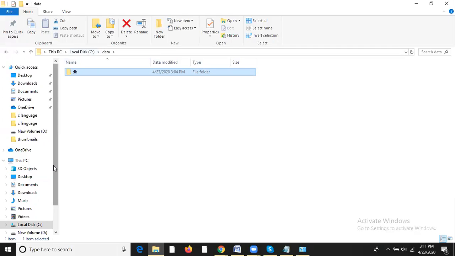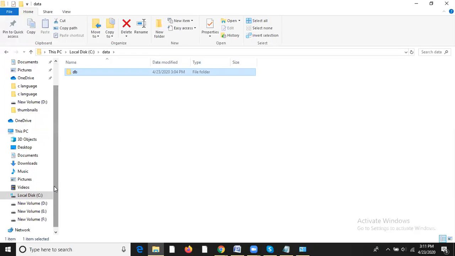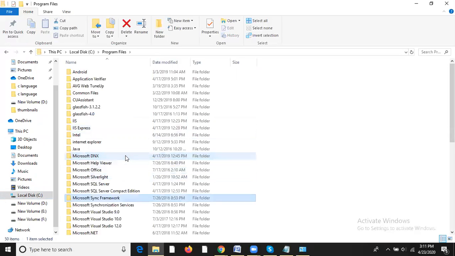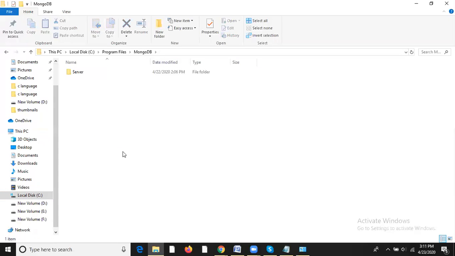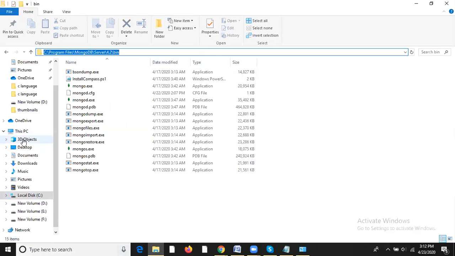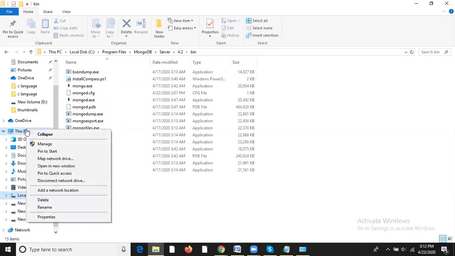Okay, now what we are going to do next is set up our environment for MongoDB. For that, go to the C drive, go to Program Files, then go to MongoDB. Inside that, Server 4.2 bin, and just copy this path. Then right click on This PC and go to Properties,